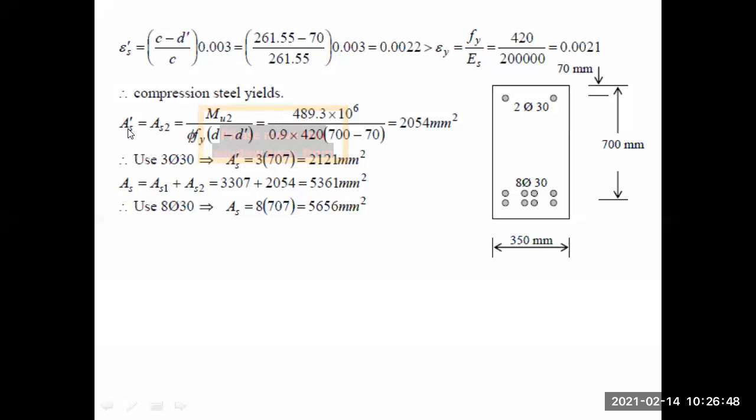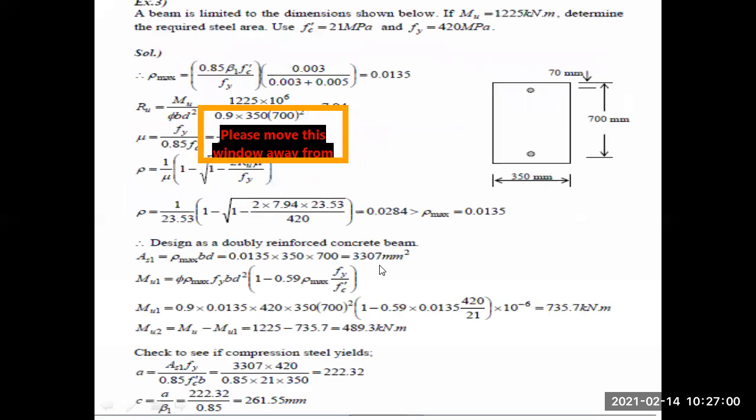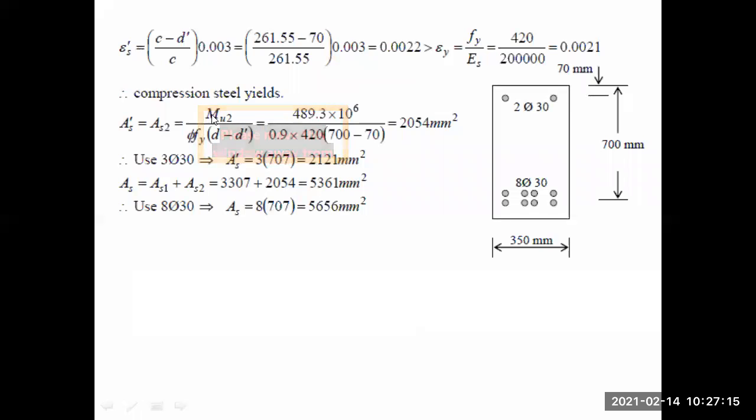Okay? Immediately we know AS prime is equal to AS2, which is equal to the moment that is left, M2, which is 489. We can make use of the moment equation: Mu2 equals phi AS2 fy times (d minus d prime). Based on that you're going to get AS2, which is AS prime, which is